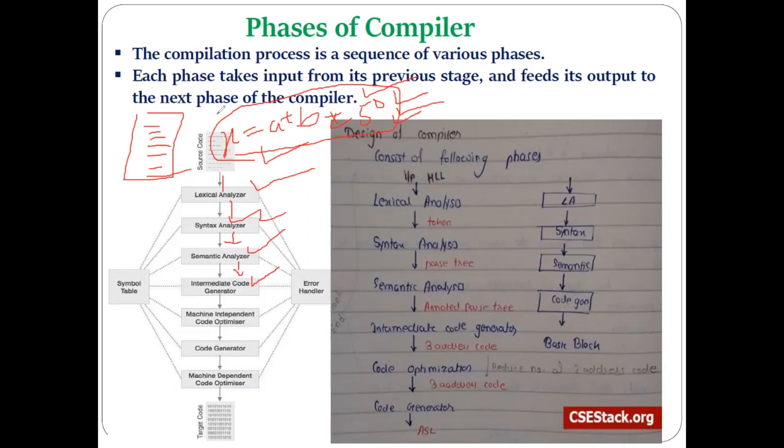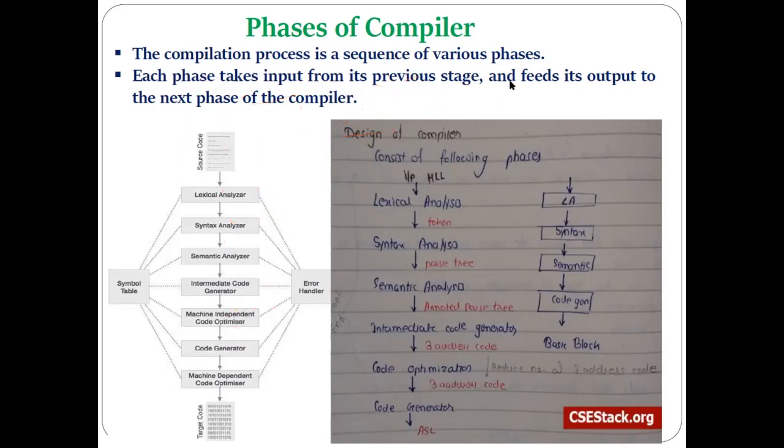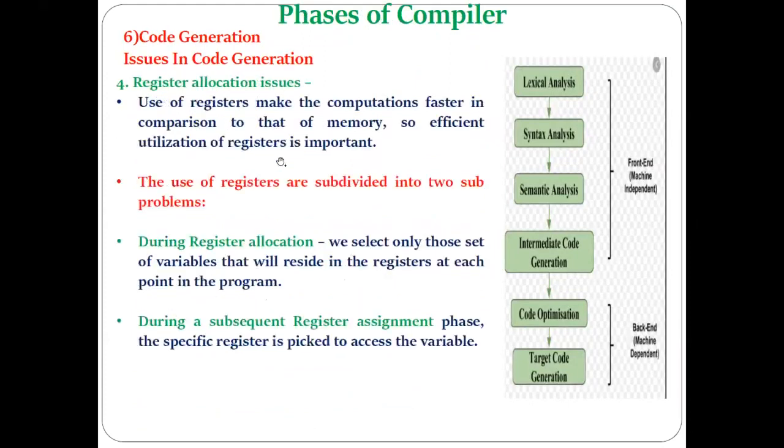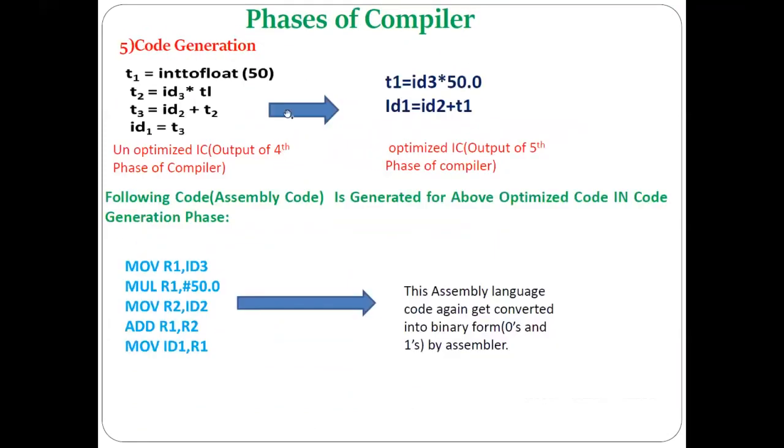And we have seen how the intermediate code is generated for this expression in the form of the 3 address code. Then this phase gives that intermediate code as a 3 address code as an input to the next phase, that is the machine independent code optimization. Then code optimization is done on that intermediate code and optimized code will be generated by doing some changes. And then the code generator finally generates the machine code in the form of assembly code, or in the form of absolute machine language code, or in the form of relocatable machine code. Here we are considering the code generation phase generating the assembly language code as the machine code.